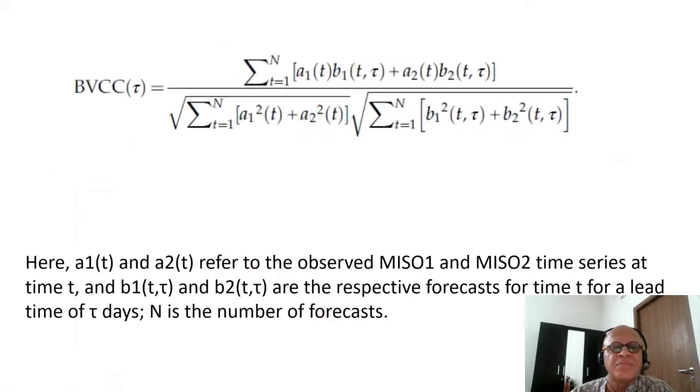So that can be seen by looking at this BVCC formula, where A1 and A2 refer to observed MISO 1 and MISO 2 time series that we talked about. By the way, maybe I didn't say it clearly, but the definition of that MISO index, the phase diagram that we saw, is an extended EOF of the rainfall averaged over a certain core monsoon region. And people debate about whether that's the best way to do it or not, but nonetheless, here B1 and B2 are